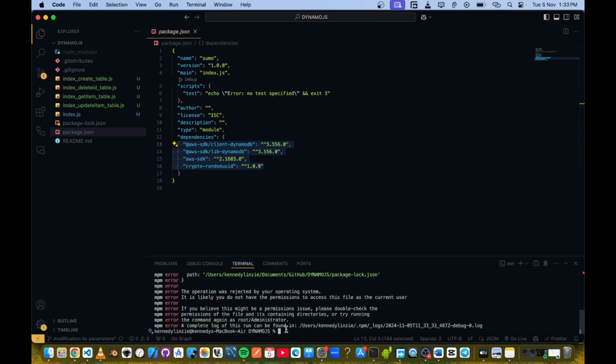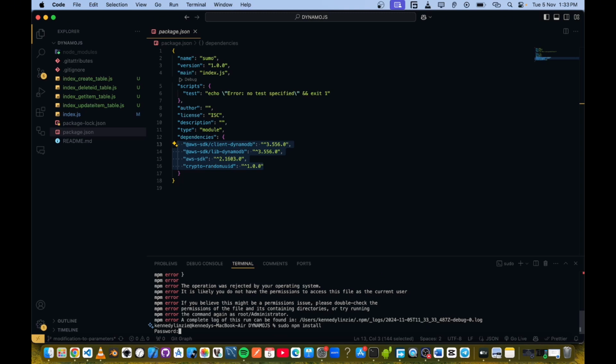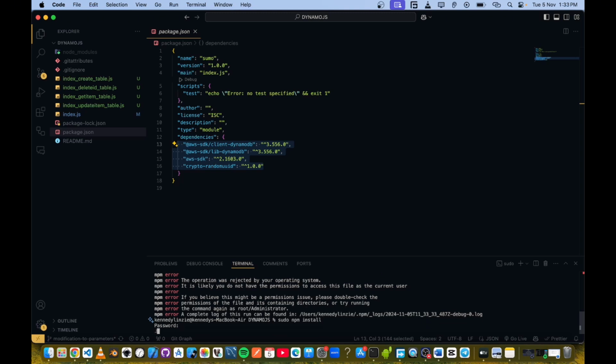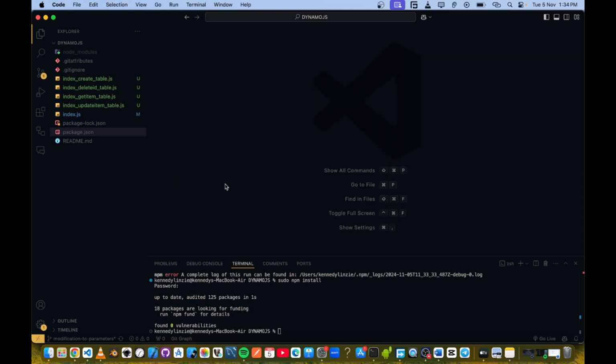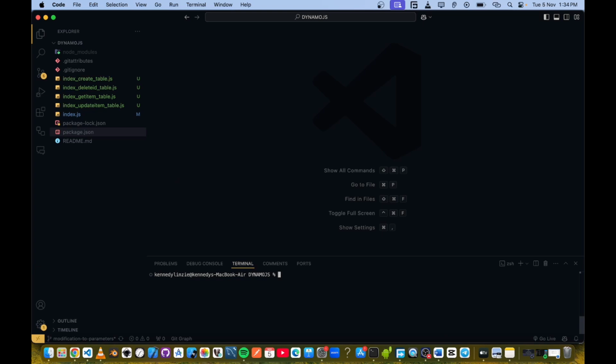Depending on the permissions you have, it might not allow you this. So for me, I need to add sudo and npm install. It asks me for a password, and there it will download the packages that you need. So these are the packages. So close that, and then it's now time to configure the AWS